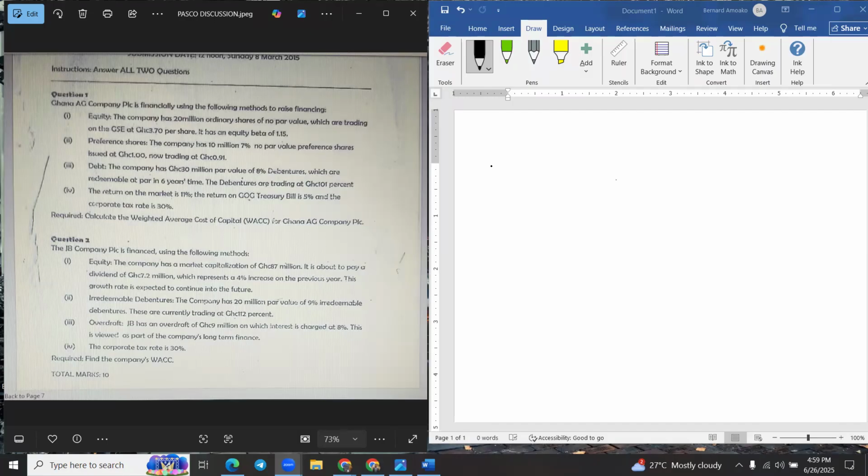We want to look at this question on determining the weighted average cost of capital. And to be able to determine the weighted average cost of capital, first and foremost, we need to know what constitutes our capital. So we need to know our equity and debt. So our capital is broadly divided into equity and debt. So we have our equity and then we have our debt. So this is equity